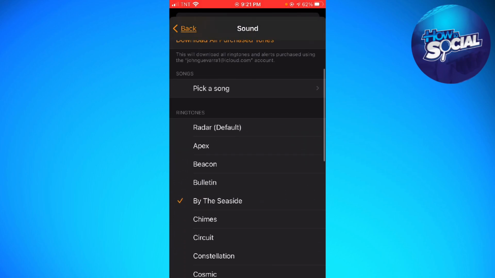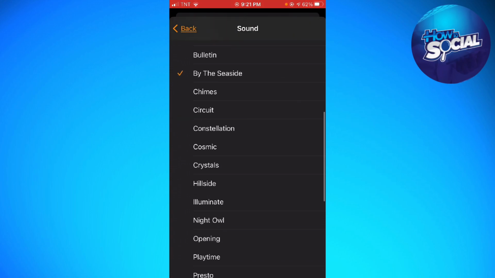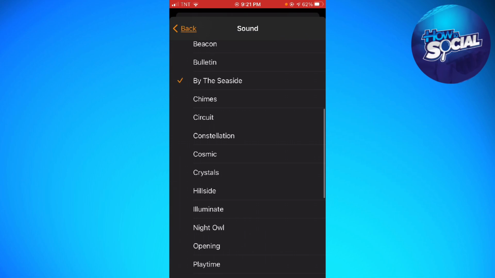And then now you can see the Ringtones section. So just go ahead and choose any ringtones that you want. You can play any ringtone by clicking on it, but I won't do it right here so that you can hear me properly. Okay, so once you choose your sound, just go ahead and click on the back option